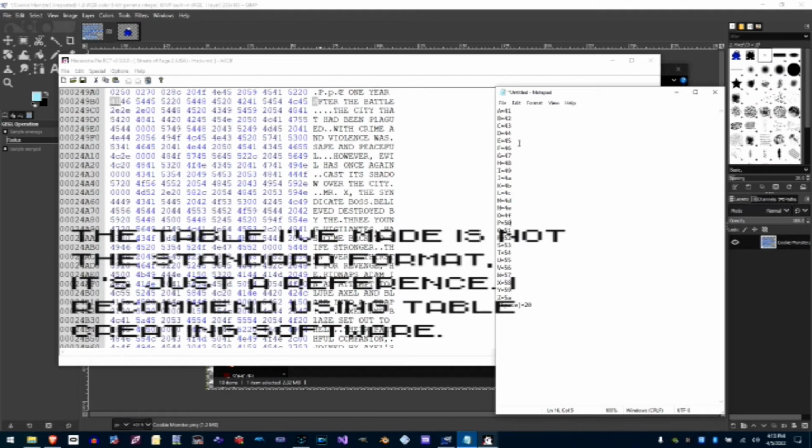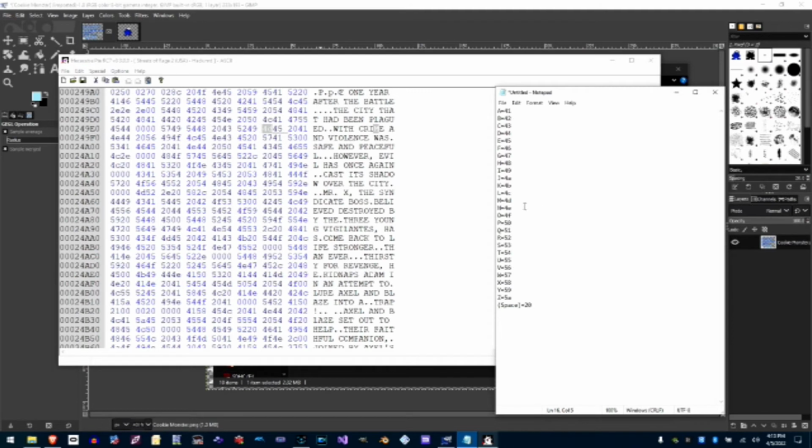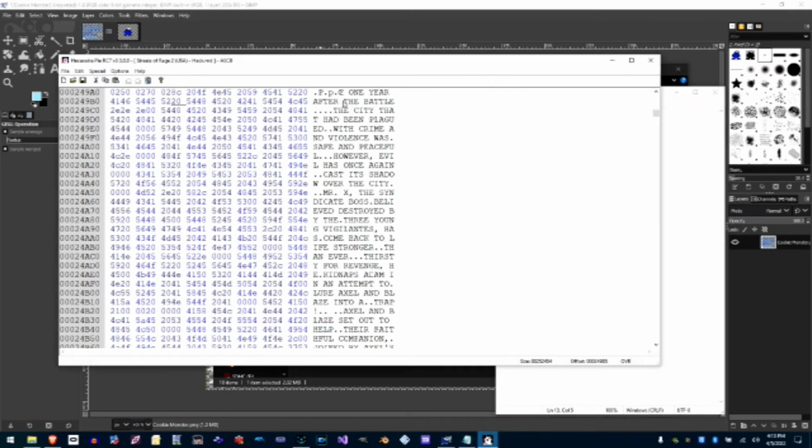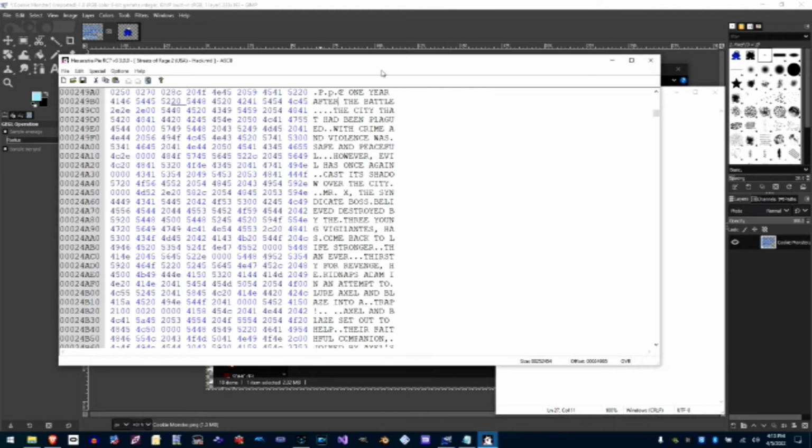You can even just jump ahead to the middle of the alphabet, M. Is there an M in here? Yes, right here. So M should be 4D, and M is 4D. There you go. Now you know what character is what. Now you can also search spaces, in which case this space is 20, and you know what that is now. And just as a test, we can go ahead and